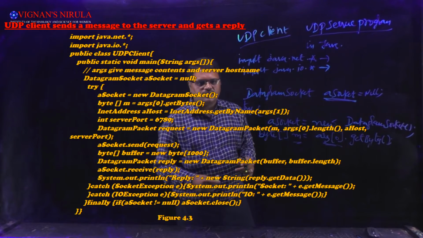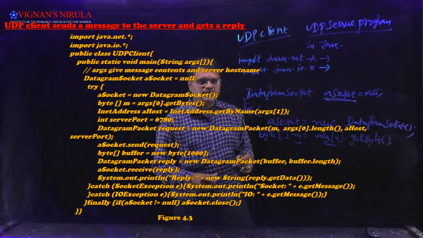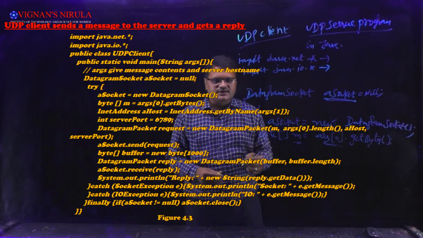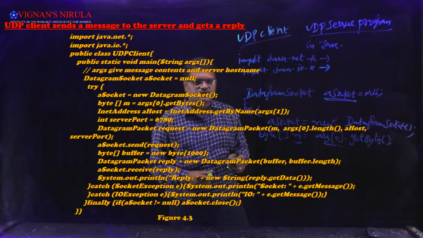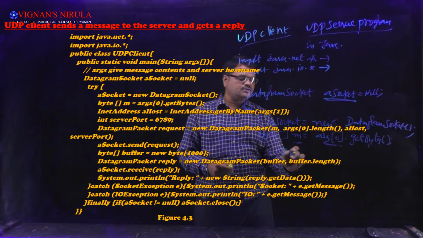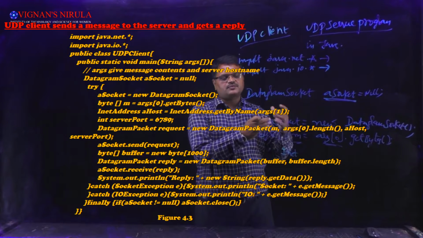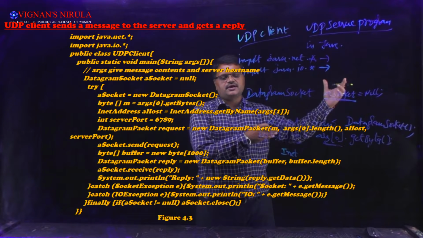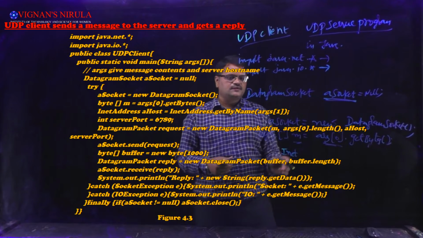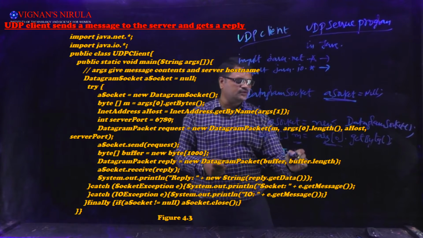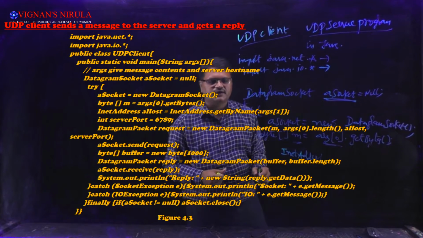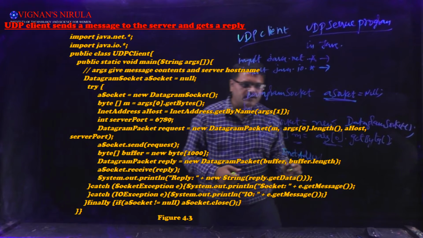Next you will see InetAddress equal to getByName, arguments of 1. So InetAddress means the machine address. That means normally from the client you will give the IP and port of the server. So that is being given here. That is being recognized and given as an argument to the InetAddress. So InetAddress equal to InetAddress.getByName